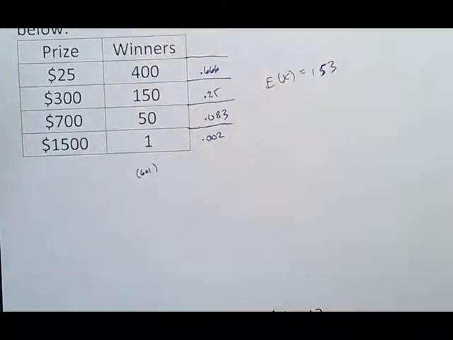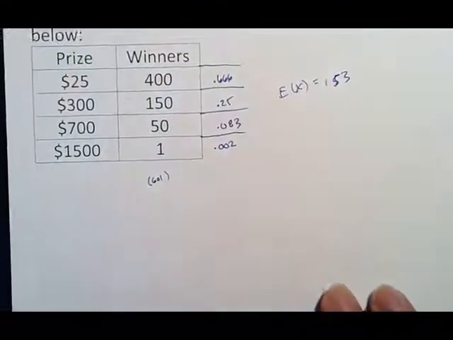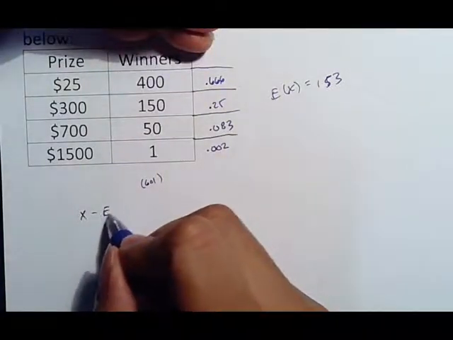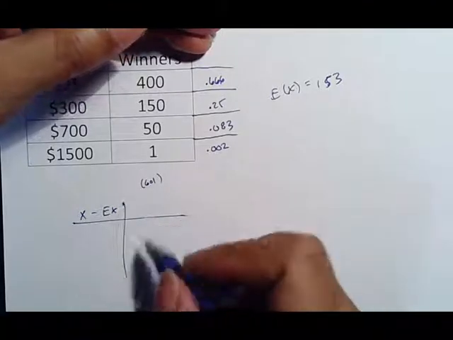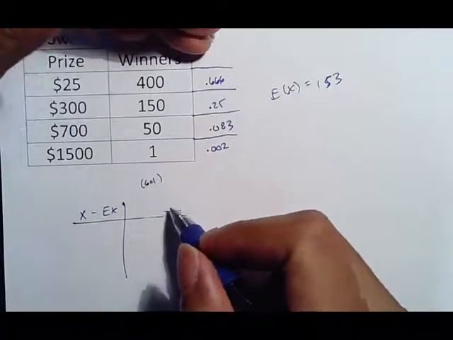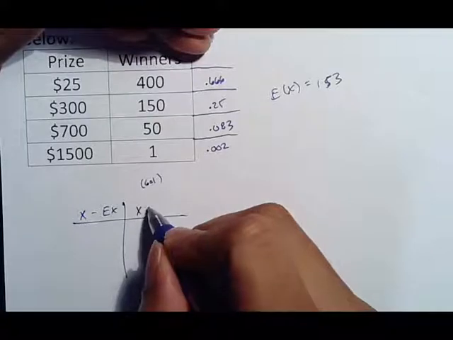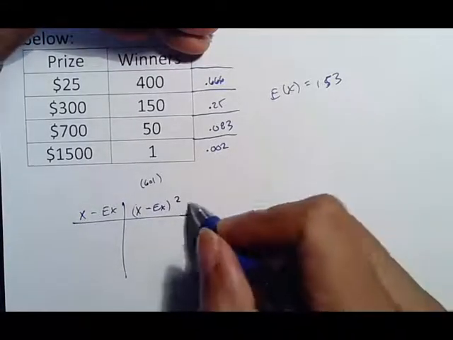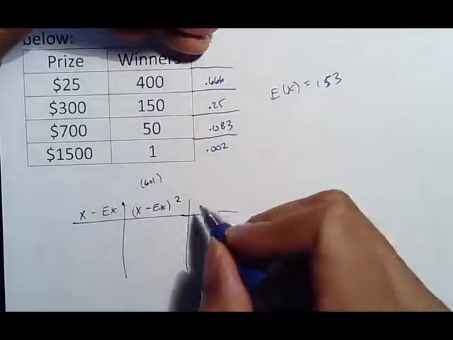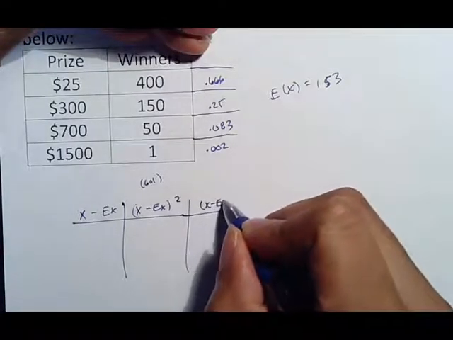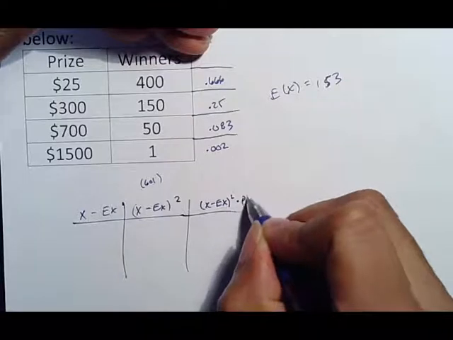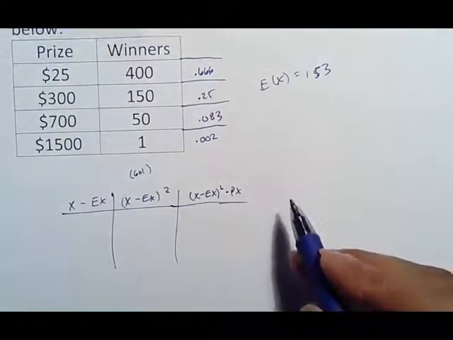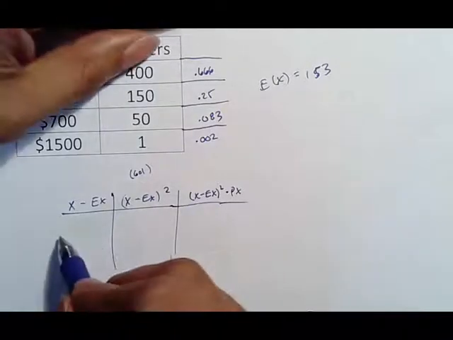Okay, now this is where you're going to see me speed up a little bit, which after time you will speed up. We know we're going to do x minus the expected value, we know we're going to square that number, and we know that we're going to take that number times the probability of that happening. And so you're going to see me actually cover these three all in one thing, which means I really won't